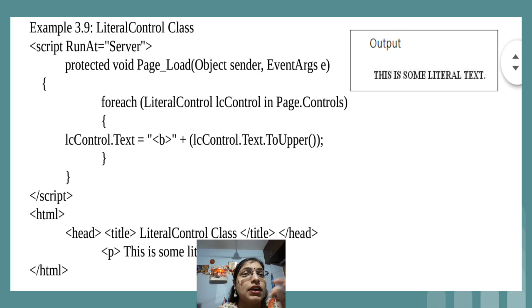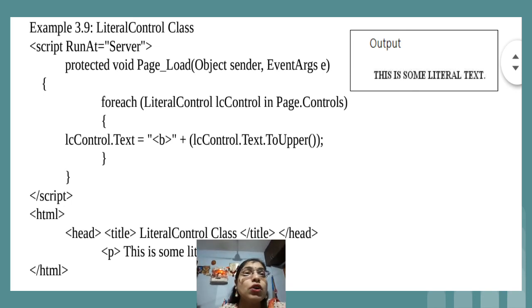We have head, and then one paragraph, that is, this is some literal text. If you notice the paragraph, all the characters are in small letters, only the first character T is capital.